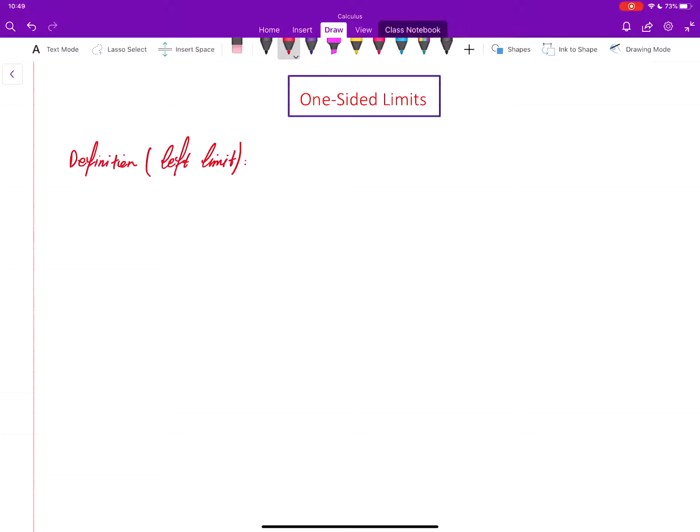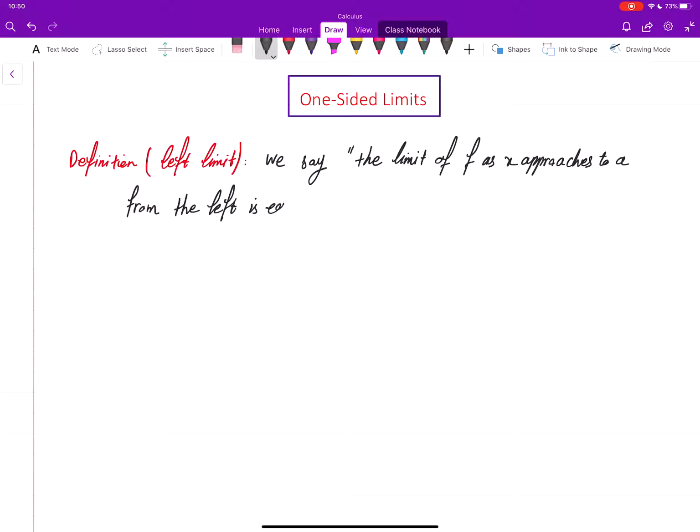It means that the values of x that we put in the table are only values that are less than A. And that's how we get closer and closer to A. But a little bit more technical definition would be that we say the limit of f as x approaches A from the left